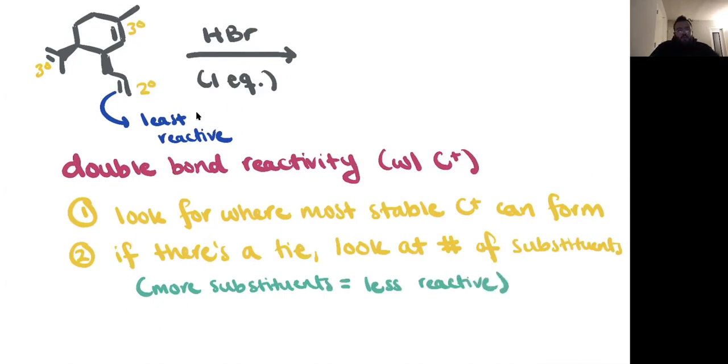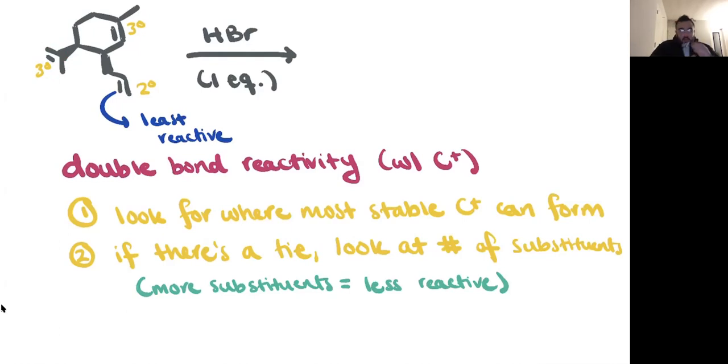Okay, so we see that between our two tertiaries, we have one that's tri-substituted, that has three substituents. The other one has two substituents. Cool. So the one that has two substituents will be more reactive than the one that has three substituents. Okay. Remember, the rule is that a more substituted double bond is more stable, and if it's more stable, it's